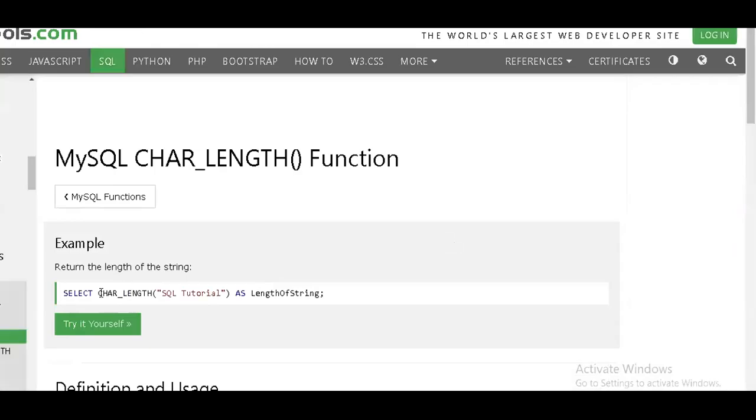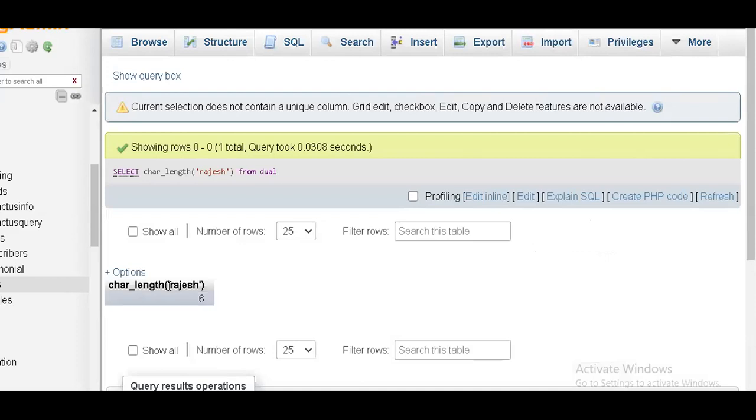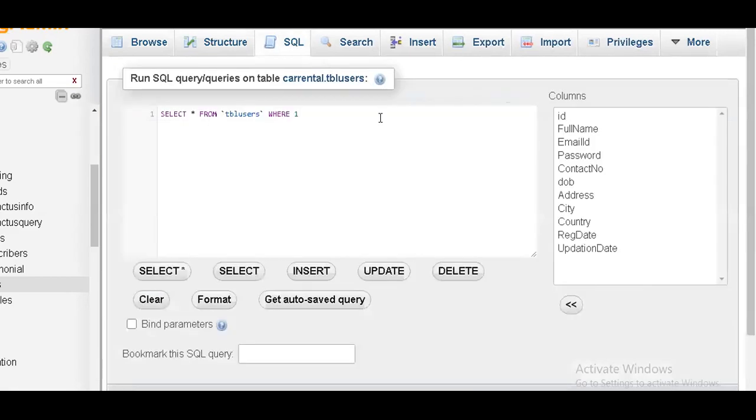So we'll be using this kind of thing. So only syntax is important for us. You can see here Rajesh, R-A-J-E-S-H, is a total of 6 characters, so it is going to give me 6. So the example is very important for us.